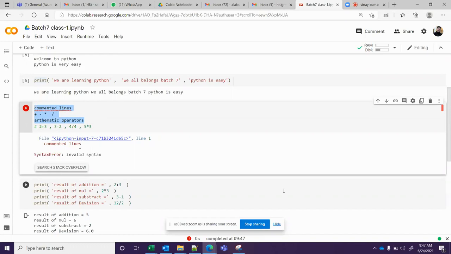So in this case, what should we do? I want to leave it for your information, so I'm going to comment it out. Select all the lines, press Ctrl+Slash. Look here, all the lines get commented out. For the line you want to uncomment, run this. This is the only valid Python command.